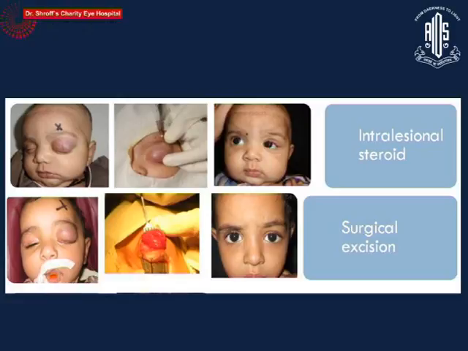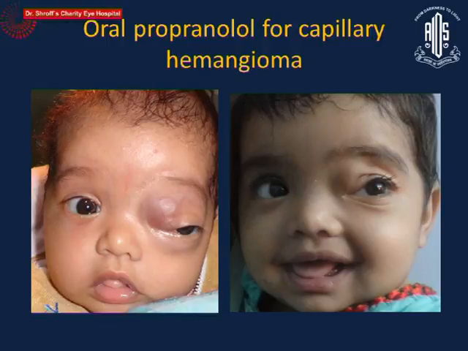For the deeper ones, they also at times are amenable to surgical excision. For example, in this child where it was pretty localized and we could take it out by doing an anterior approach excision. Oral propranolol has now almost become the first line of treatment for the deeper hemangiomas, especially the ones like these with an orbital extension, where intralesional steroids might not be a very safe option, and they respond very well to the treatment. So we give this treatment in consultation with our pediatrician, who assesses the child systemically